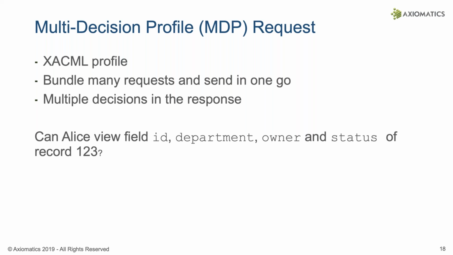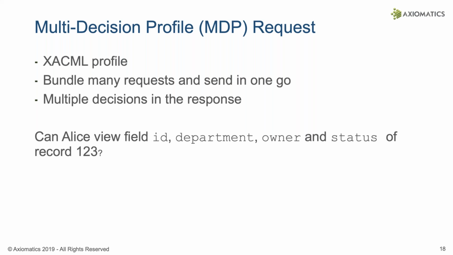So instead of sending one request that asks, can Alice view the field ID of record 123, and then you get a permit back, for example, and then you have to send another question asking, can Alice view the field department of record 123, and so forth and so forth,